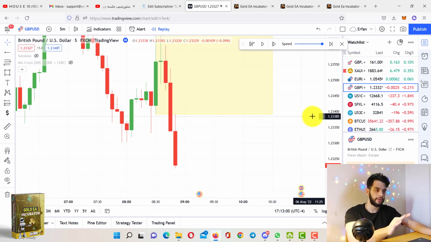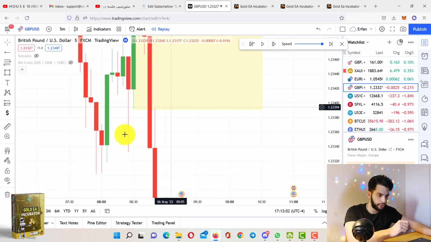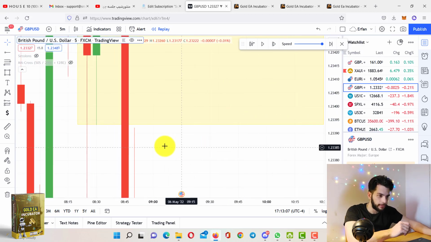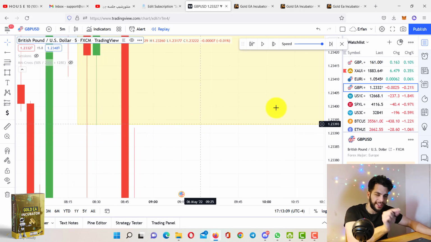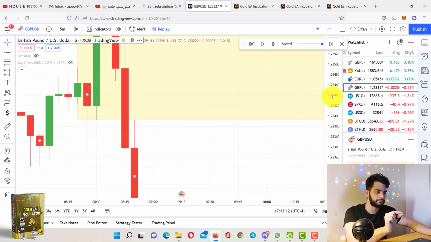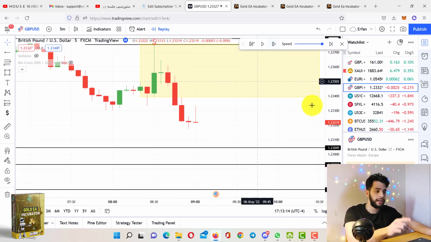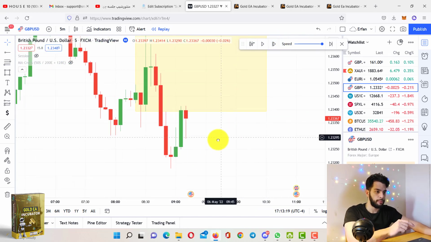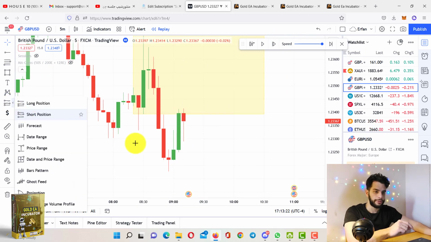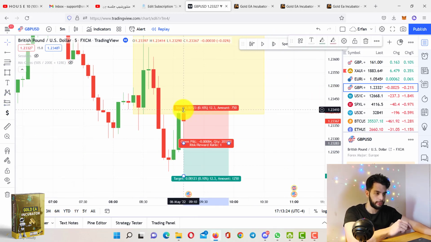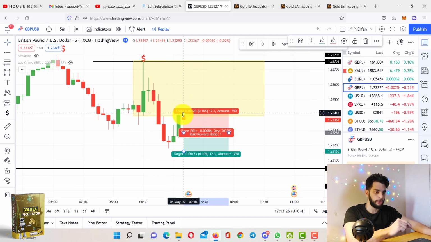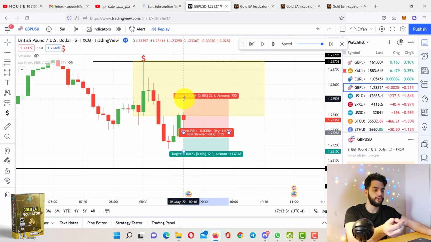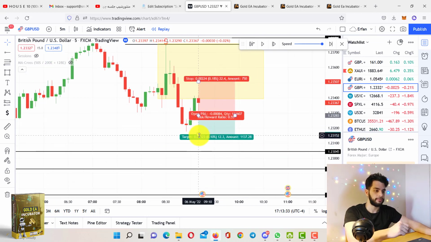It still counts. Okay, and if I want to show you, no, it didn't tap. See, it didn't tap. There's a tiny gap which still counts, and you need to consider that. So you still have this high probability supply zone, and it literally came up, and then it gives us momentum right here. Now we can take our sell position below the level, and since we have a wide zone, you don't want to put it above the candle because there's a high chance of getting stopped out. That's why the best thing to do is just put it in the middle, and then give it some space,